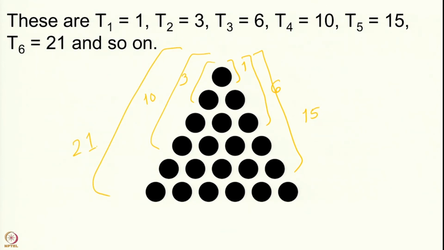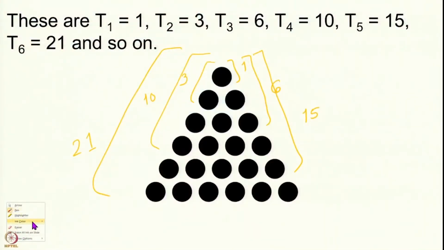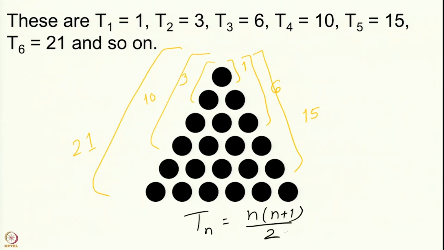Many of you would have noticed that we are simply writing one dot followed by 2 dots followed by 3 dots and so on up to n dots, and then the nth triangular number is the sum of these numbers. So, you have n plus n minus 1 plus n minus 2 dot dot dot up to 1. So, triangular numbers are easy to write down. There is a formula for them, which is n(n+1)/2. You can easily verify this formula for the triangular numbers that we have here on screen.